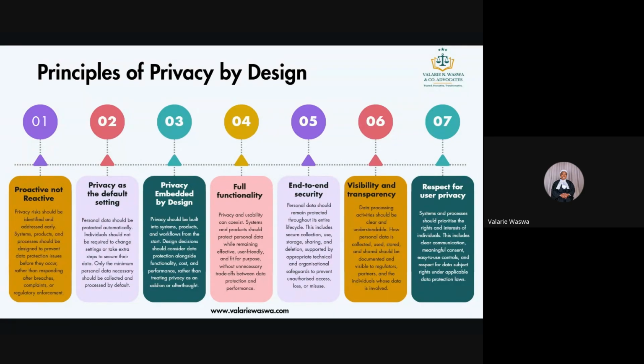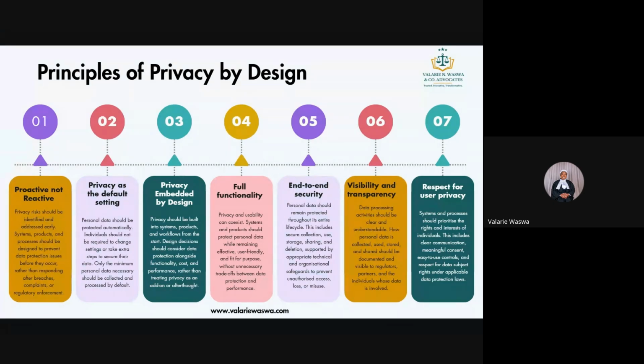The third principle is privacy being embedded by design. And here I would like the developers in the room to move their ears closer to the microphone. What does this mean? It means that as you're coming up with systems, APIs, products, coding, and workflows, privacy should be inbuilt into these systems. I cannot code to save my life, but I hope you get the point that from the moment you begin to develop a software or an app, privacy should be embedded into that specific code.